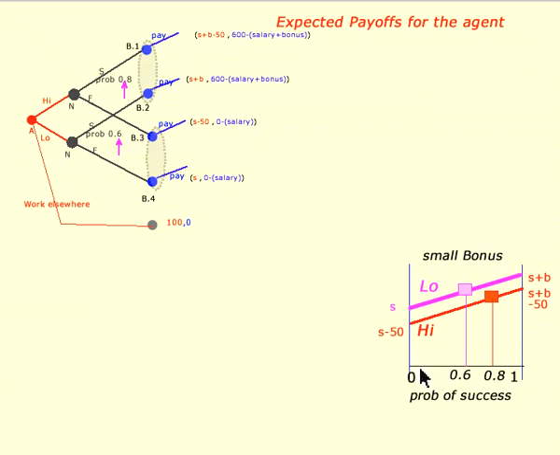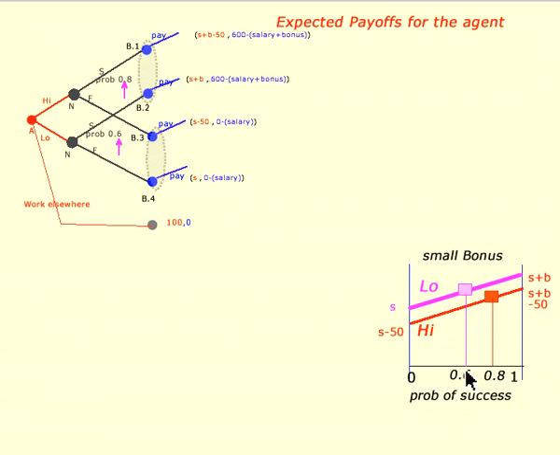Over here, if the probability of success is very low, then the expected payoffs are over here. If the probability of success is very high, the expected payoffs are there. Okay. So the red line, that is high effort, brings lower payoffs than low effort does. You get the bonus irrespective of whether there's low effort or high effort, and you get your salary irrespective of whether there's low effort or high effort, and there isn't much to choose between them. Now these are just lines of possible expected payoffs. What we might think about is the actual expected payoffs under the beliefs that we've specified.